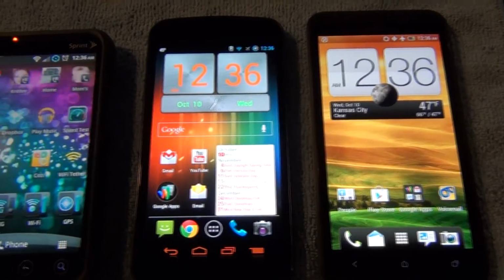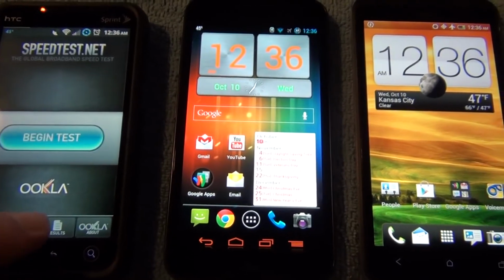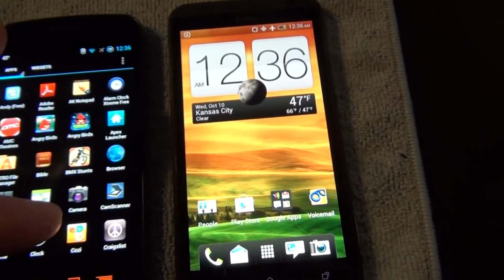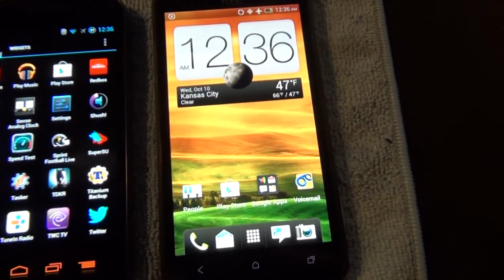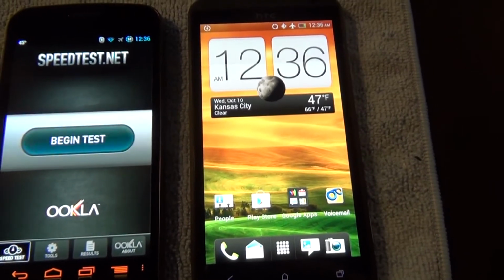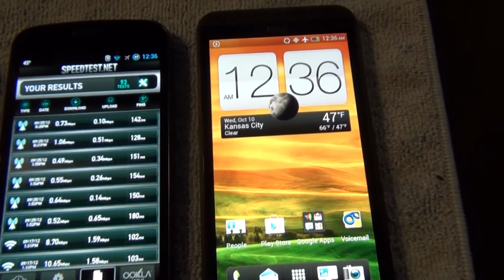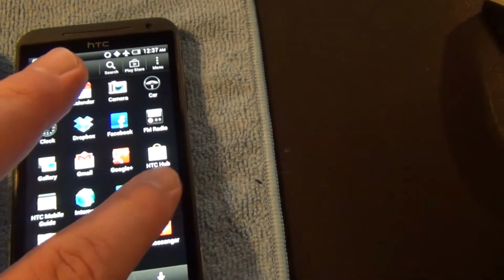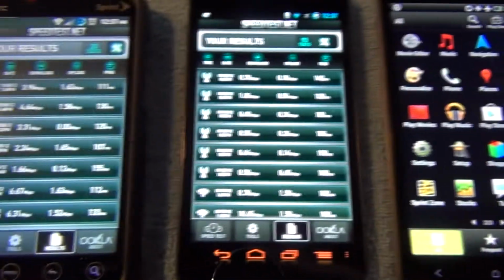So let me see if I can show you. Pull up my speed test apps and just go to the results page. Find it on here. I probably don't have it on here. I had to wipe this phone. Or no, not this one. This one should have it. I had to wipe my Evo. I was getting weird blinking red lights around the edges. I'll look, but I'm pretty sure I probably don't even have the app on here. Nope, I don't see it. Okay, so